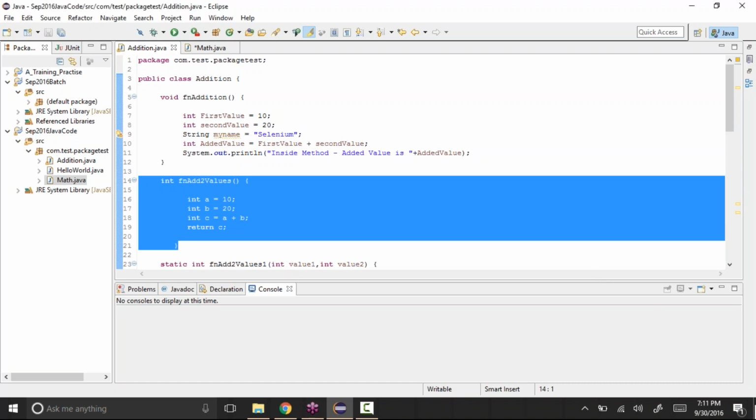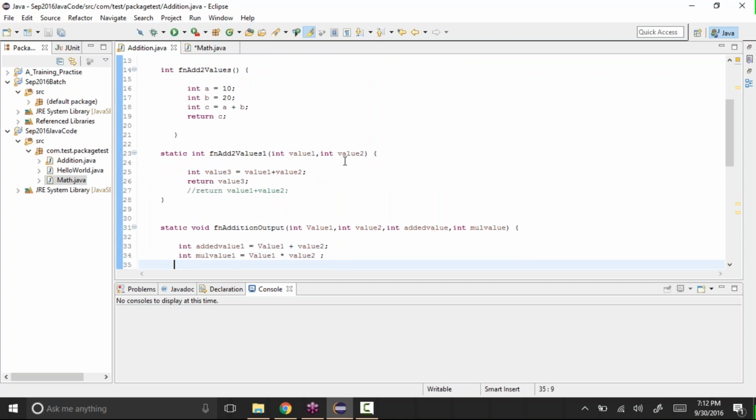So for a specific task, if you create a method each time, you will have to write a lot of methods. Instead of copying the code multiple times, that is the reason we create methods. In case there is any code that you want to use multiple times, then we want to create a method. If we don't create methods, we cannot achieve code reusability.